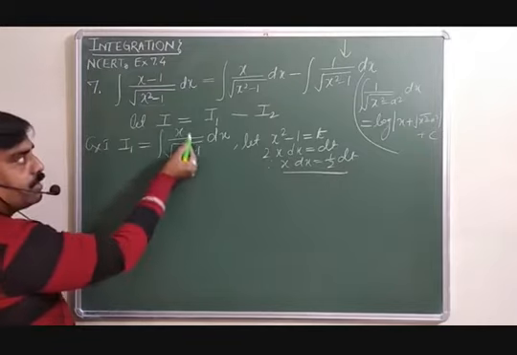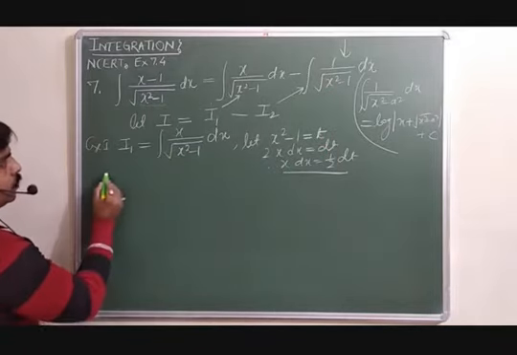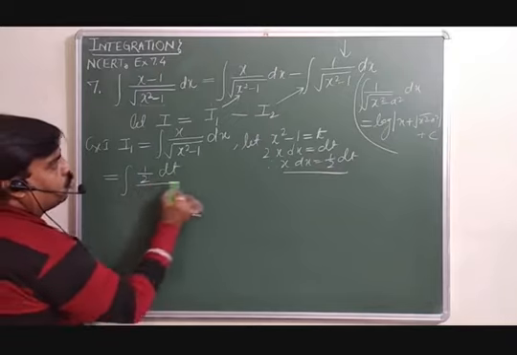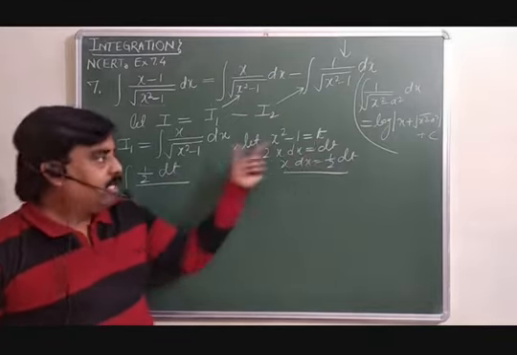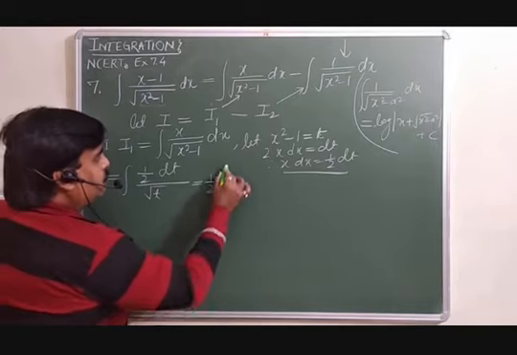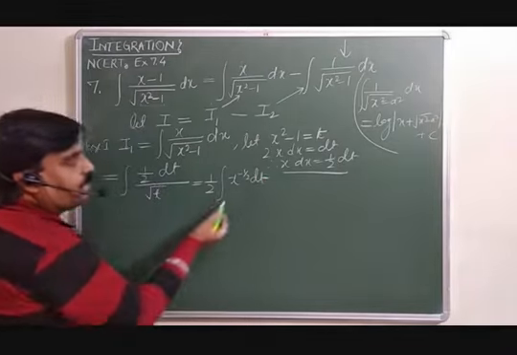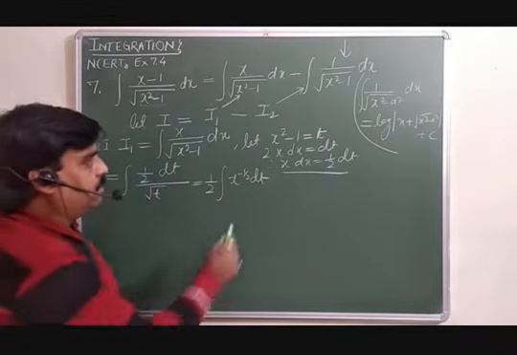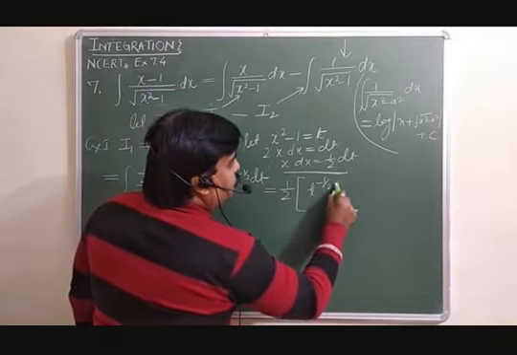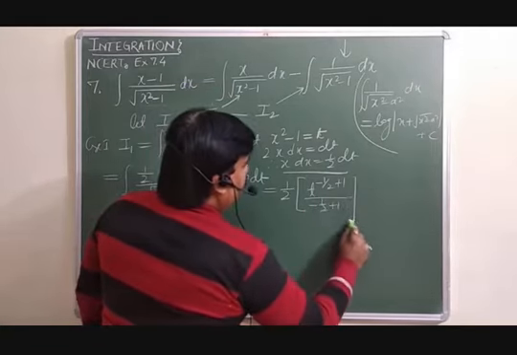Here you can apply the substitution method in the case of this I1, because we assumed this is I1 and this is your I2. So this can be written as x dx, meaning 1 over 2 into dt over, this is x square minus 1, that is t, so this is inside the radical sign root t. This can be written as 1 over 2 root t. You can send it to the numerator, t raised to power minus 1 by 2 dt. Here you can apply the formula for x raised to power n dx. So this is 1 over 2 into t raised to power minus 1 over 2 plus 1 over minus 1 by 2 plus 1 plus c.